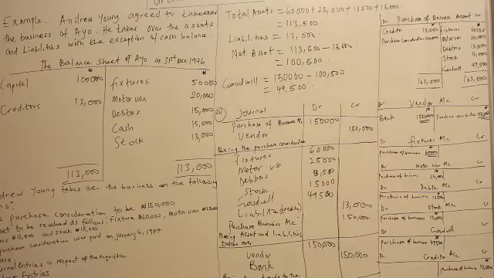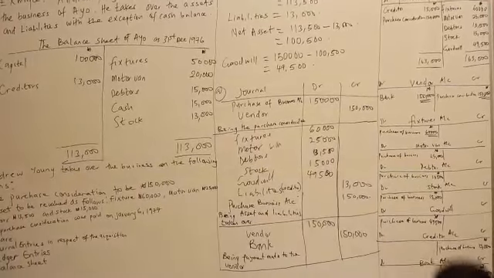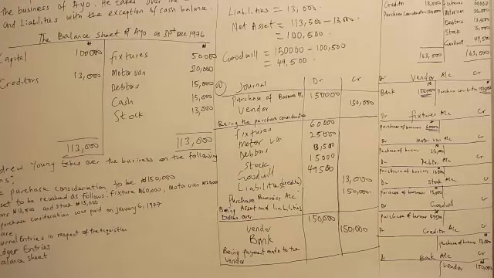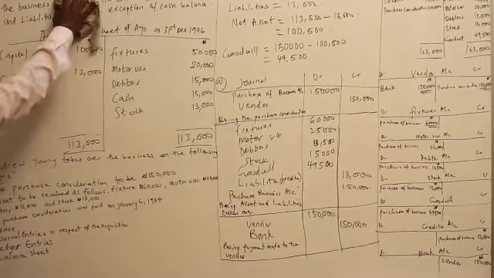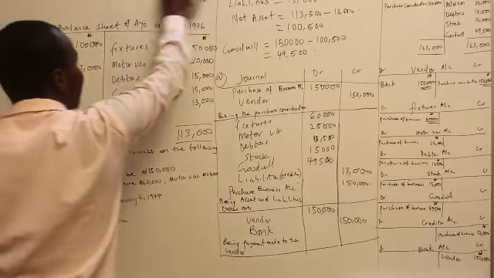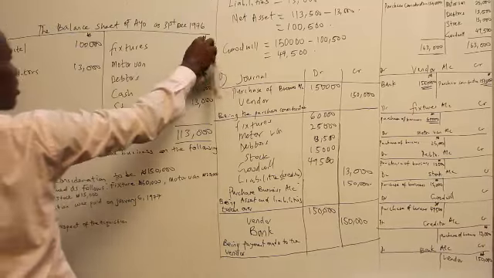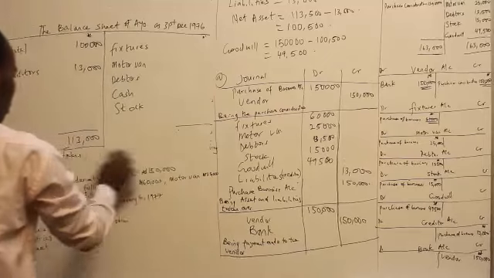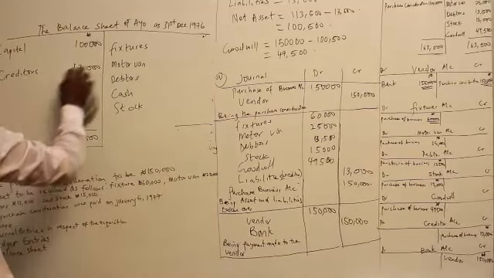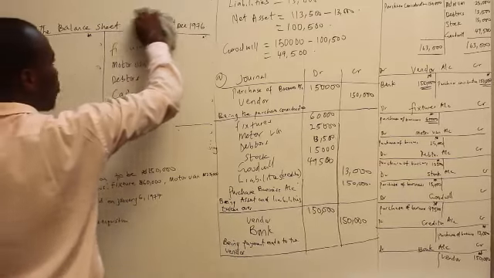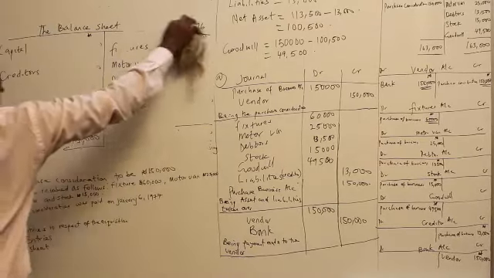So now we can prepare our balance sheet. In the period, we have achieved all of the ledgers, double entry has been fully applied. Now is the balance sheet within the period. In fact, we can use this as the balance sheet, so we shouldn't waste our book. So this is no more your ledger anymore. So balance sheet